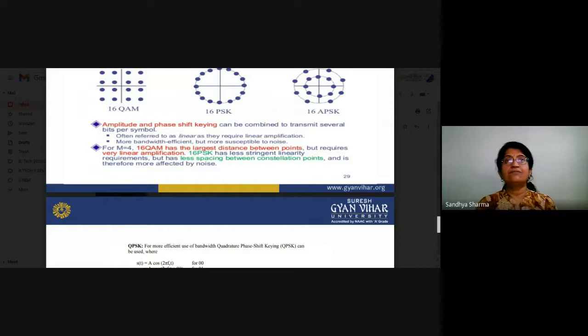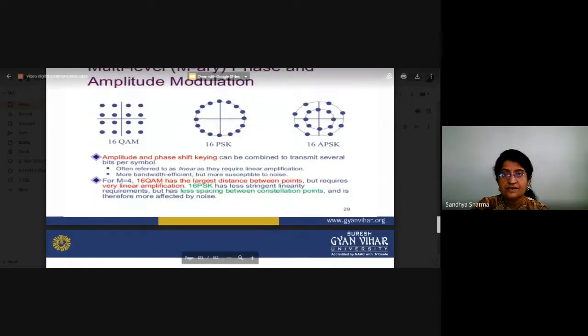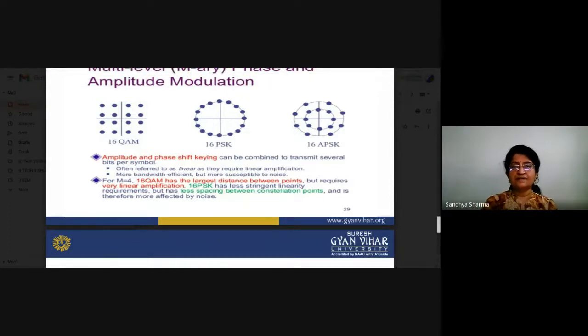Bandwidth saving means you use half of the bandwidth that we required in our previous type of modulation. If you are talking about ASK, the bandwidth requirement of PSK is half that of ASK. So this is the reason why QAM is such a bandwidth efficient technique. And in QAM, we look at the largest distance between the points. If you are working on 4 QAM, you have to opt for 4. And if you are working on 16, this is the path you can use to represent your 16 points. So basically M is equal to 16, and 16 QAM has the largest distance between the points.